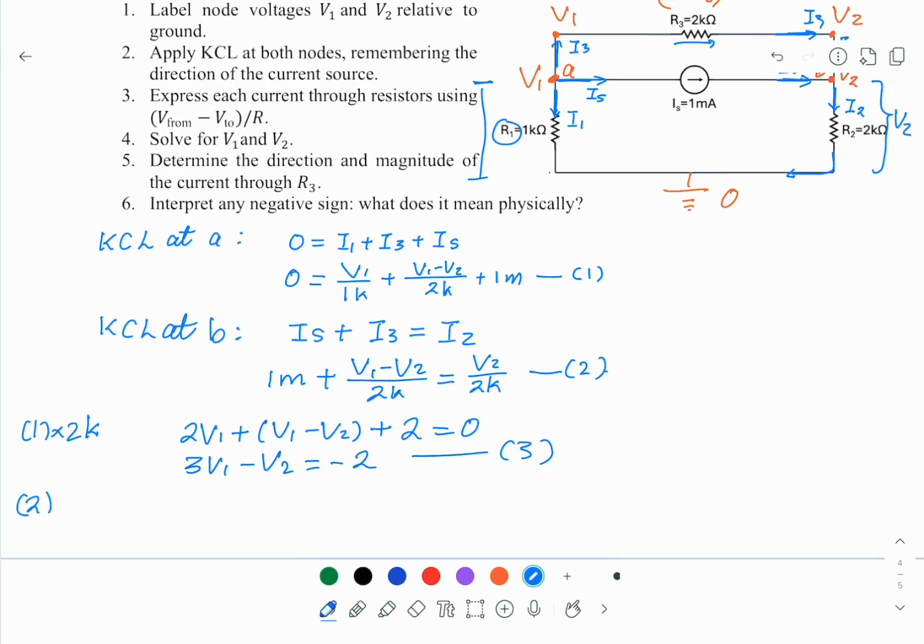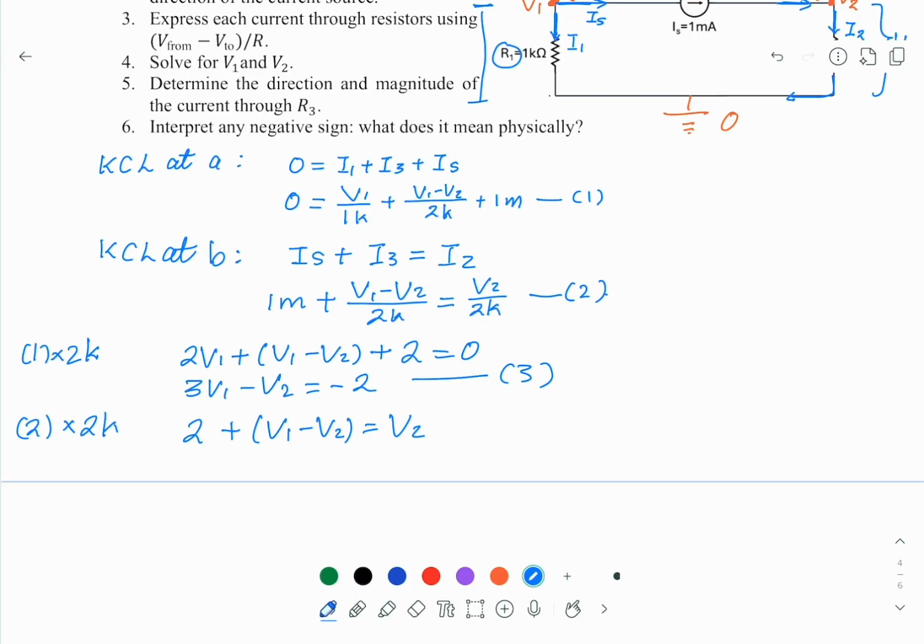Now multiply 2K again on equation 2. And this is V2 plus V1 minus V2 equal to V2. So V1 minus 2V2 equal to minus 2. This is equation 4. Now we solve equations 3 and 4, and you should get